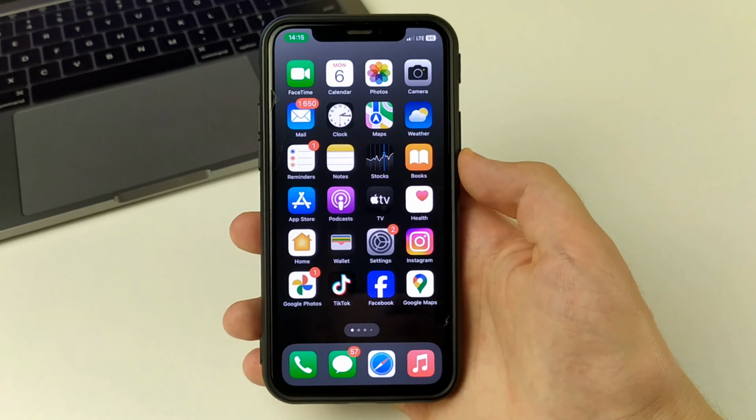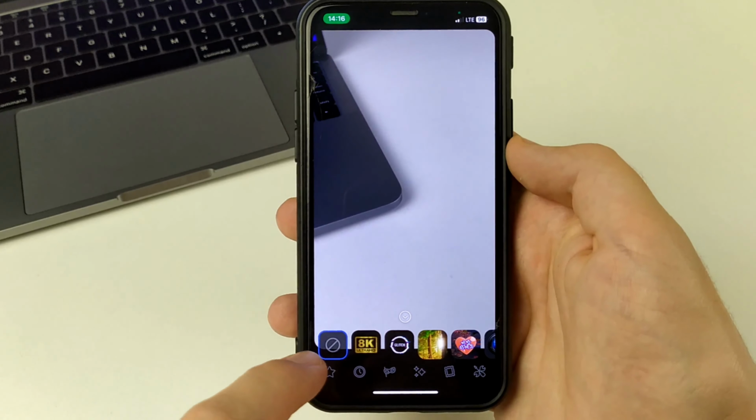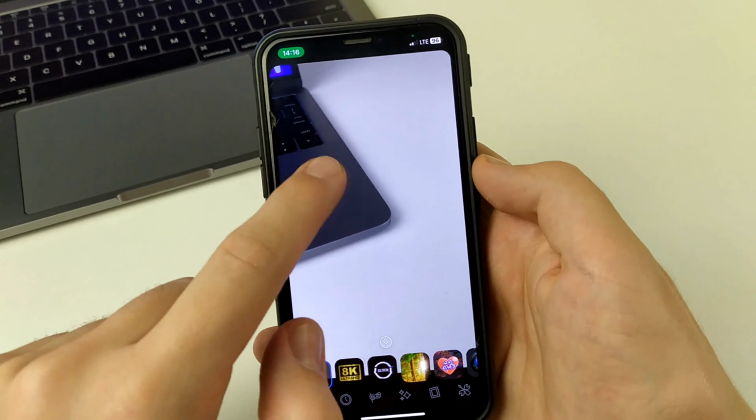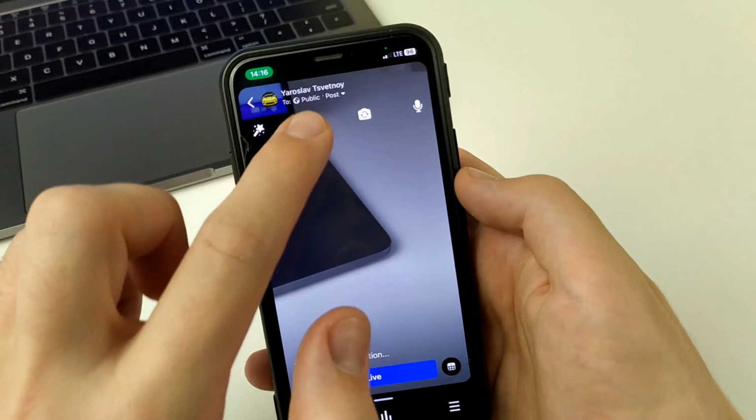Let's just flip the camera over, and we can click Go Live here. And we're going to go live. But before we do that, we can add effects, right in this upper left corner. Any effect you want, you can add. And it'll show up here on the screen. You can also turn it off. Now let's go ahead, and we're going to go out now.